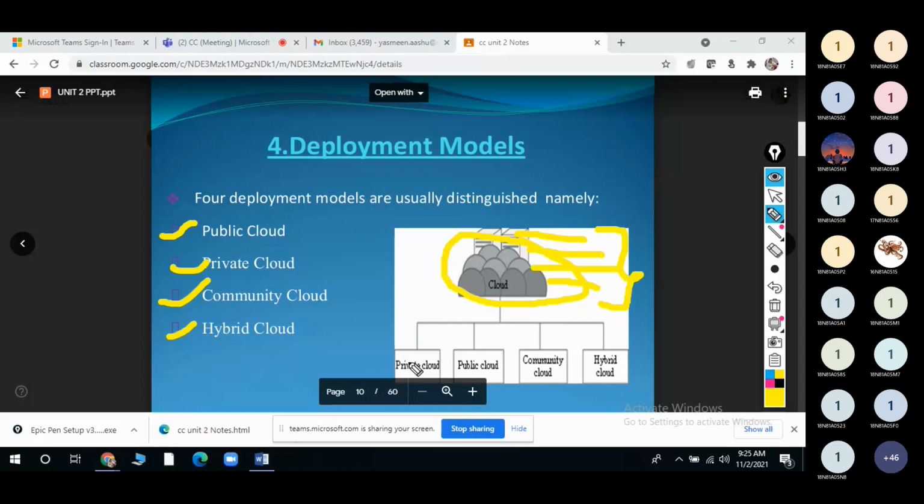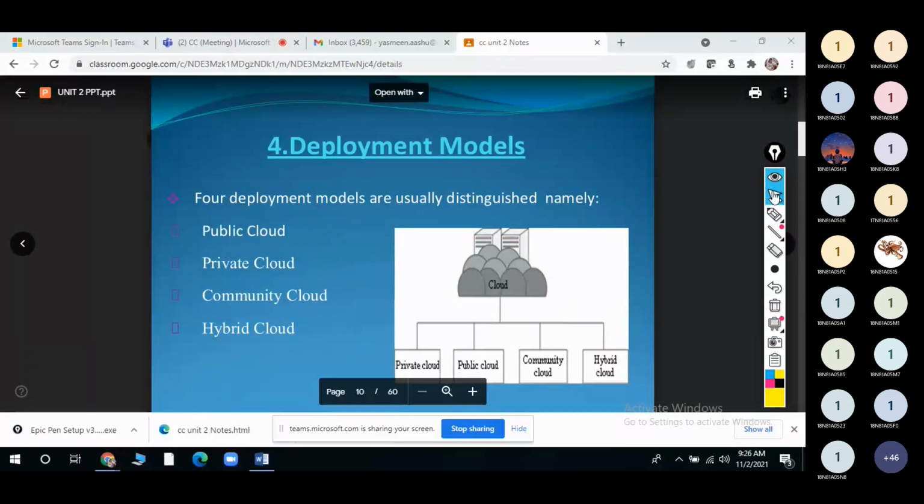But the users may use different services according to their need and criteria. According to their capital expenditure, they will choose their deployment models. These are the 4 types of the deployment model, right?